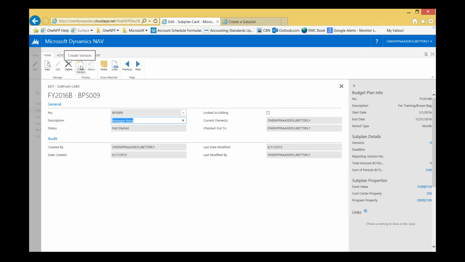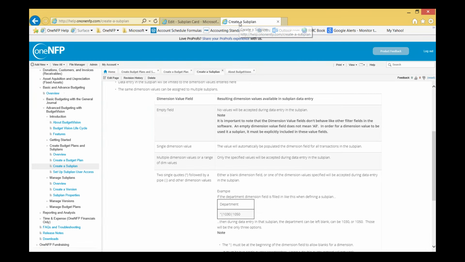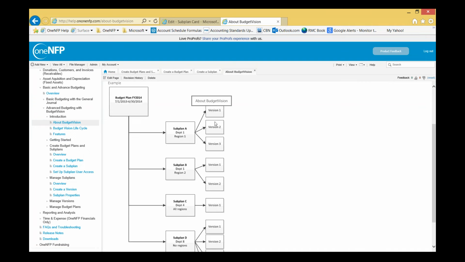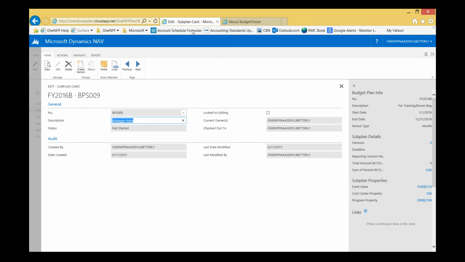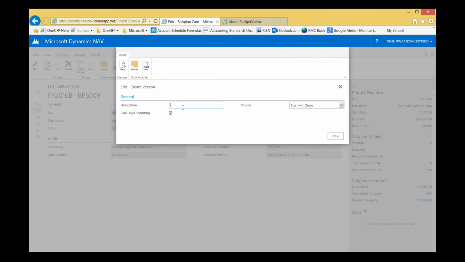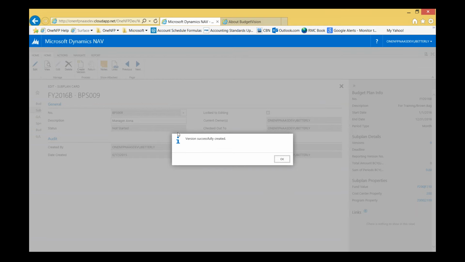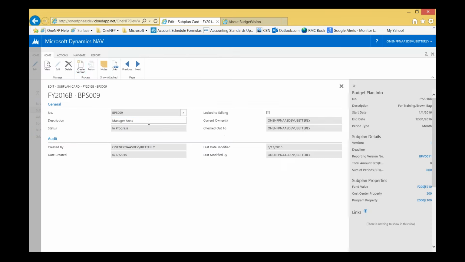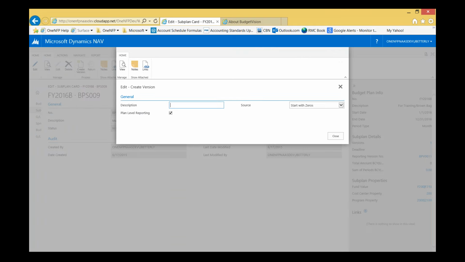My first step is to create a version. Now let's go back to our diagram for a second. If we think of it as a hierarchy, these are underneath the subplan. A manager can have as many as they want. I'm going to go ahead and create one. This one is just going to start with zeros, have nothing else involved. Let's go ahead and add that. It's created the version. Now I'm going to create a second version